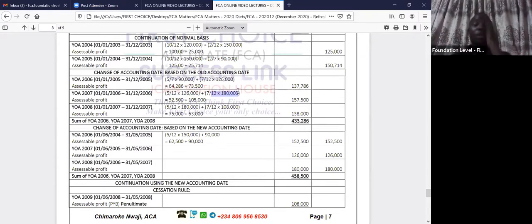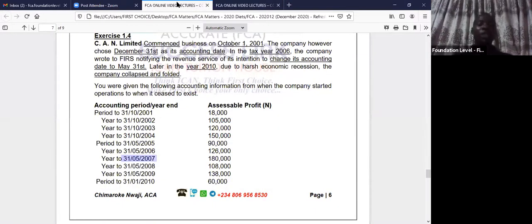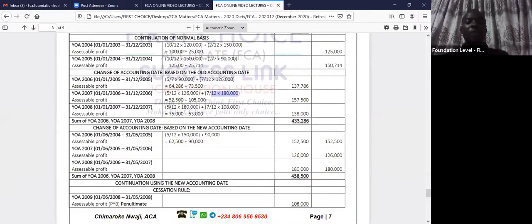That's marvelous. The third year of change is 2008. So I'm going to look for 2007, January 1. I'm going to get it here. So from January 1, 2007 down to May is 5 months. I'm taking 5 here. Then the remaining June to December is 7 months. I'm going to take the remaining 7 months out of 12 here. So that's exactly what I did. 5 months out of 12, 7 months out of 12.